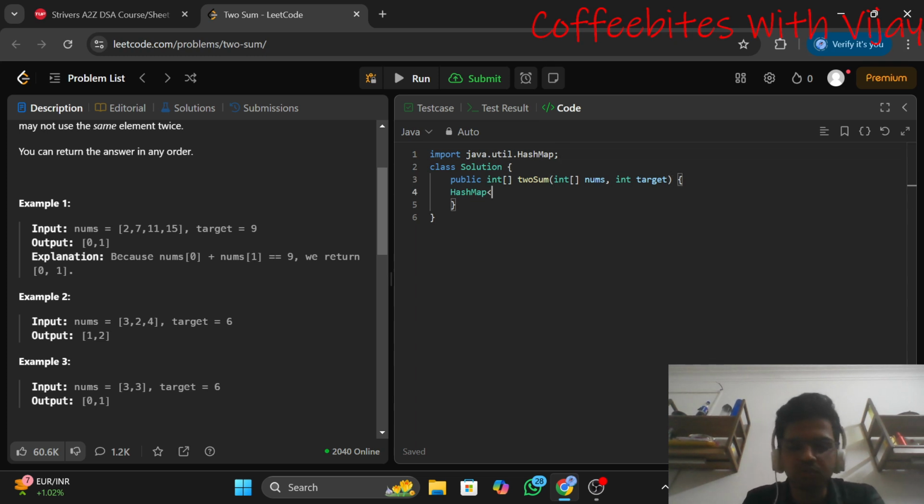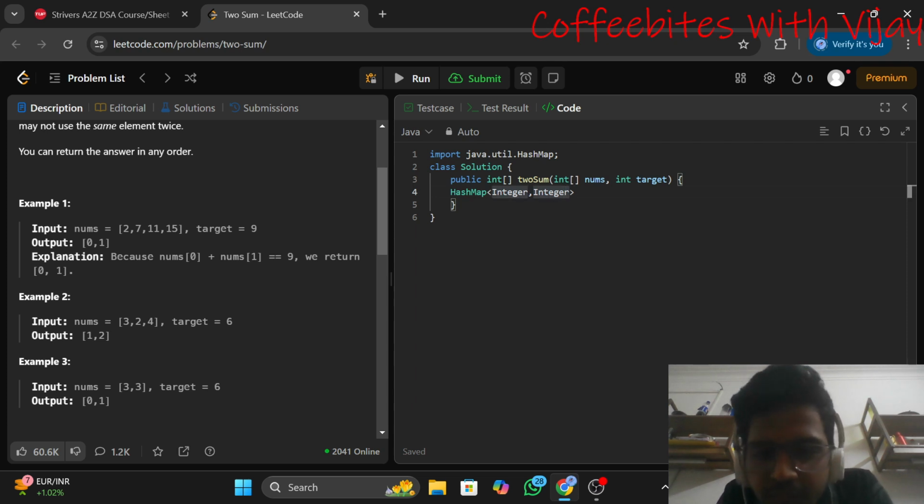Here I will store the integer key and the index of that key. So both the values are of data type int, so I will take the wrapper class Integer comma Integer.